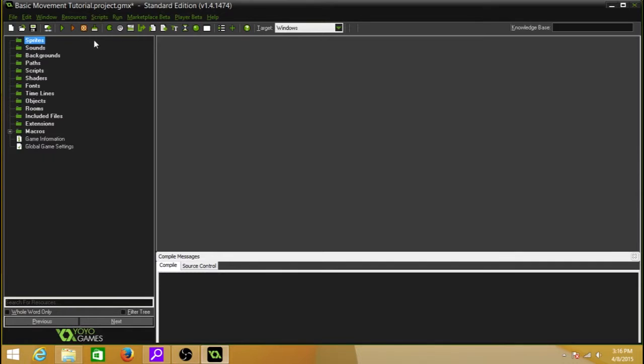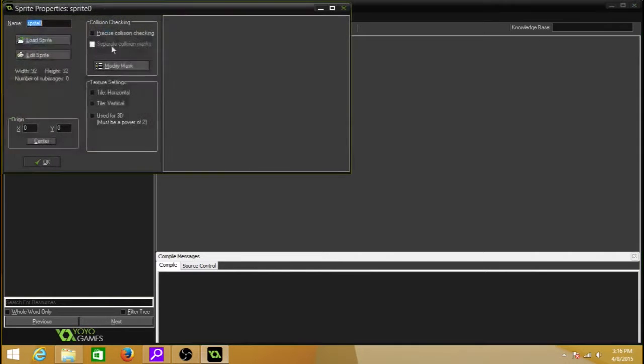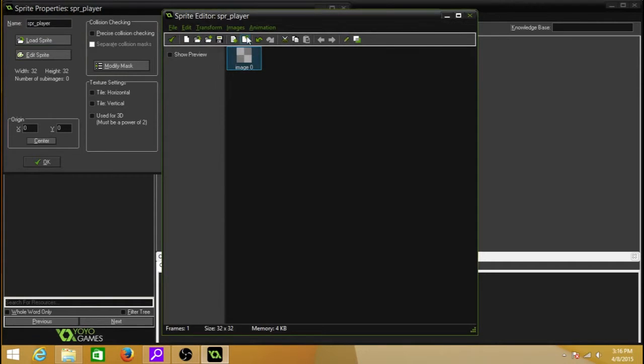So first thing that we want to do is make a new sprite for the player. You can either right click here and press create sprite, or click this nifty little button up here. I'm just going to call this SPR_player. Make sure you have this naming convention. SPR is for sprite. Edit sprite. I'm going to make a new image